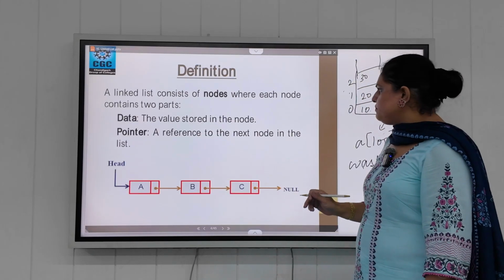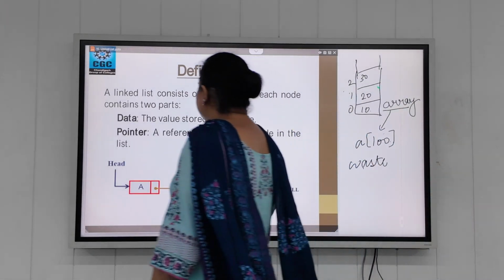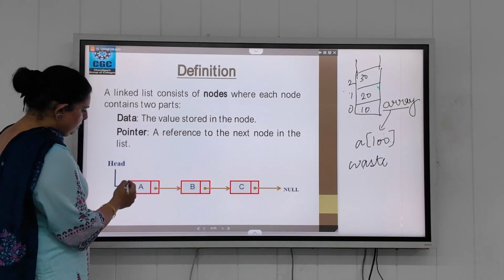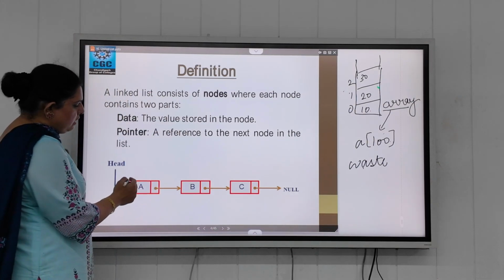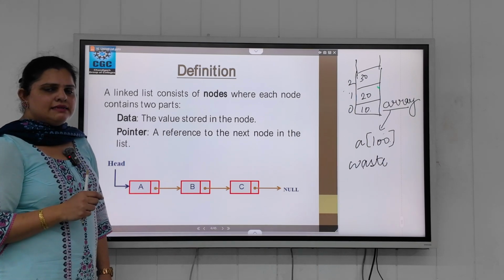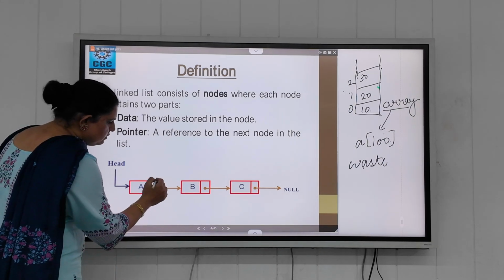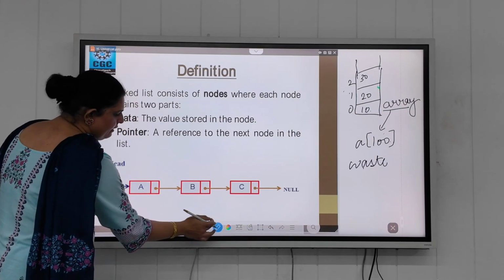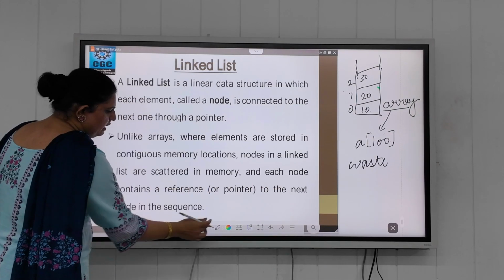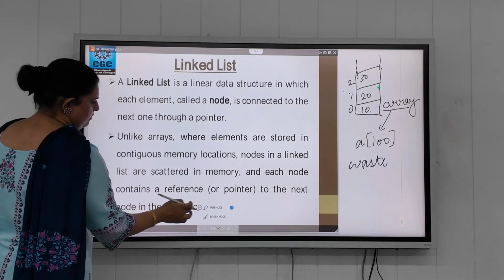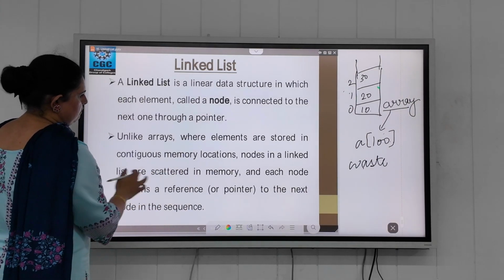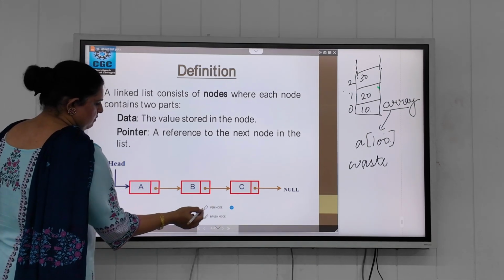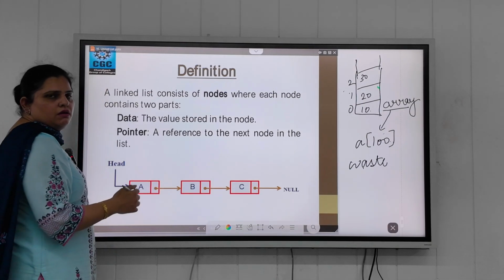In a linked list, we have nodes. This is our node, in which each element is inserted with an address.